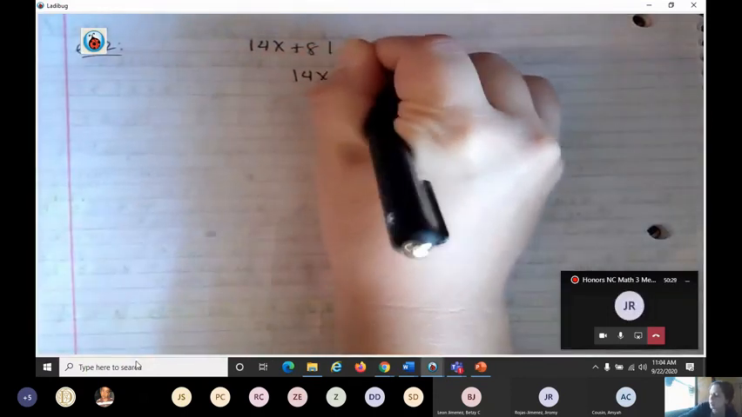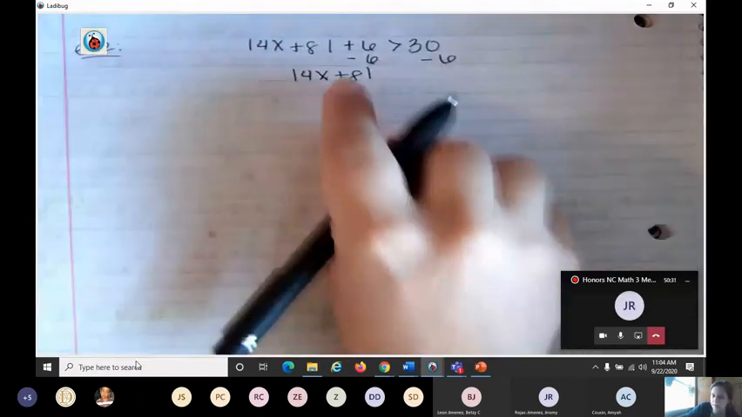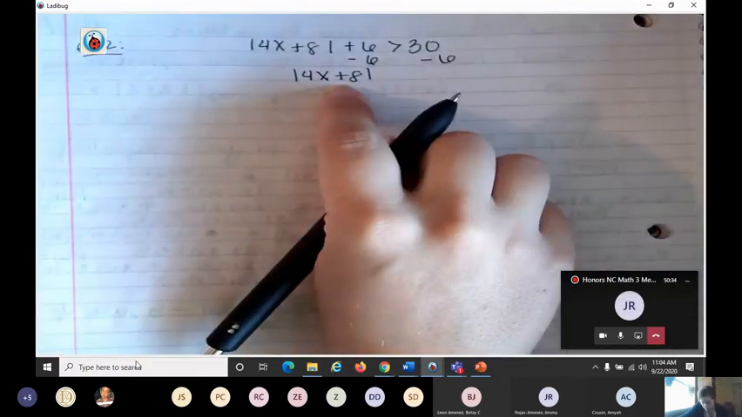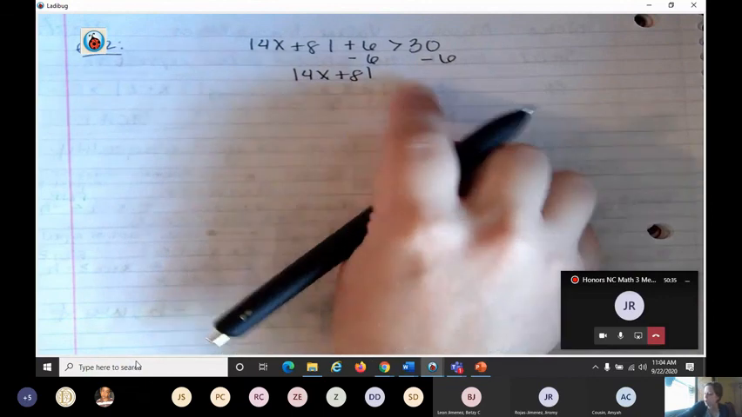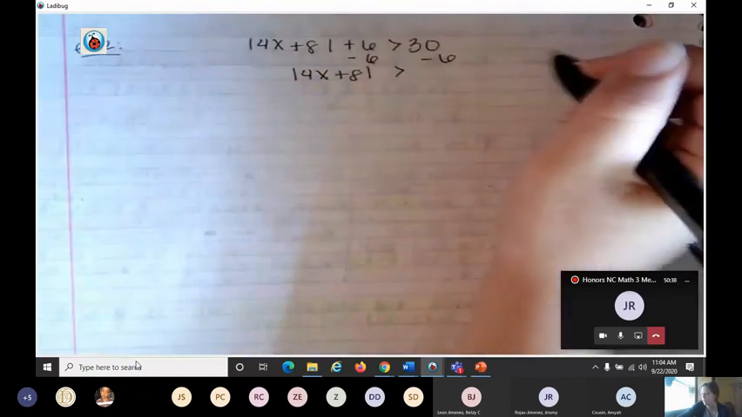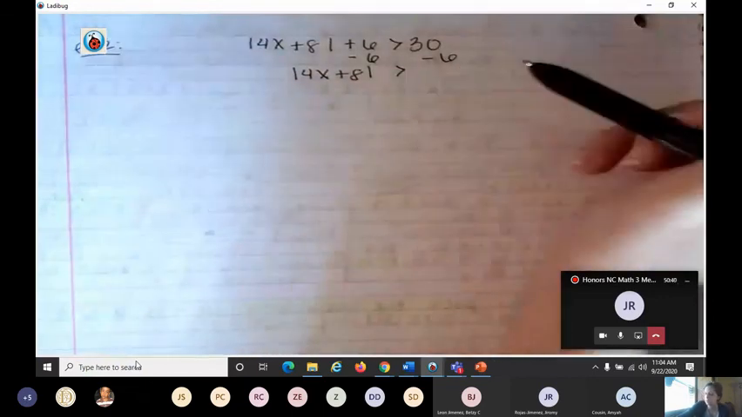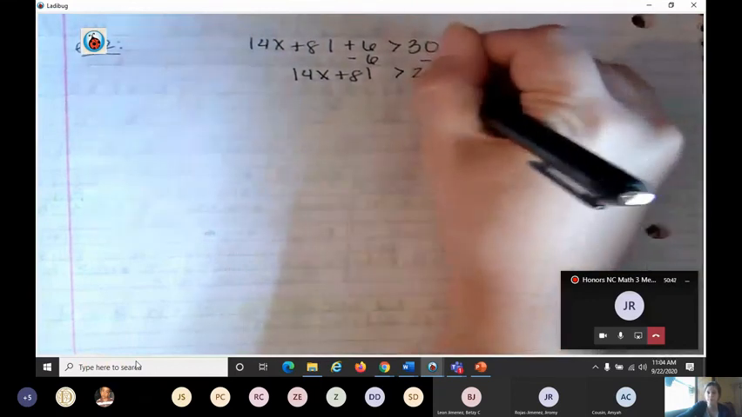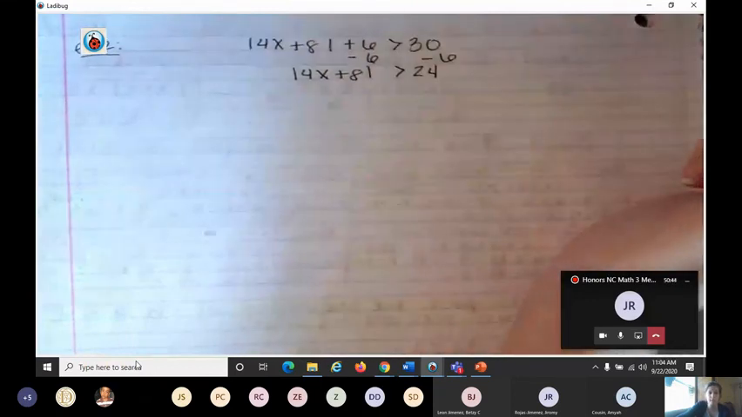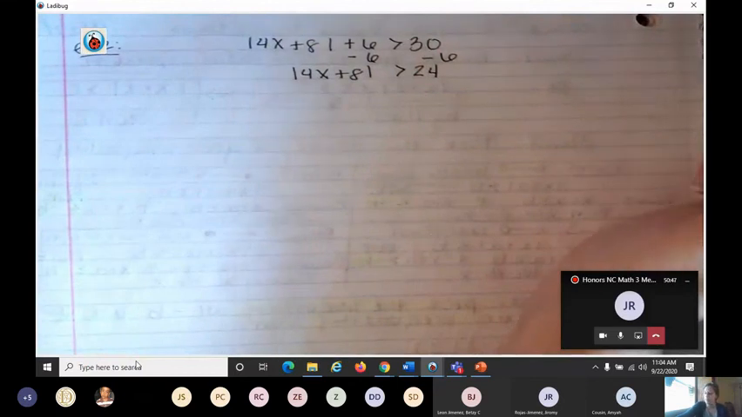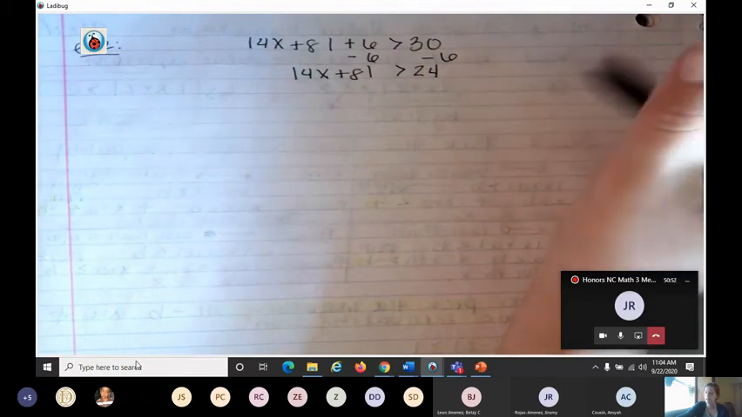So I end up with the absolute value of the quantity 4x plus 8, and then I'm going to have is greater than 30 minus 6. 30 minus 6 is 24. Okay. Now I've isolated my absolute value. And I need to split it into its 2 equations. And to do that, I need